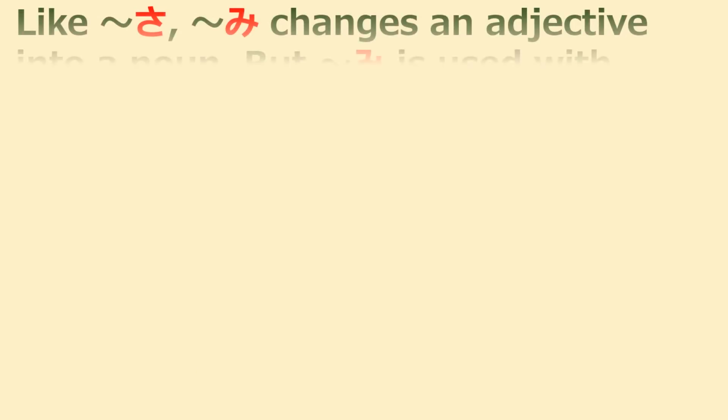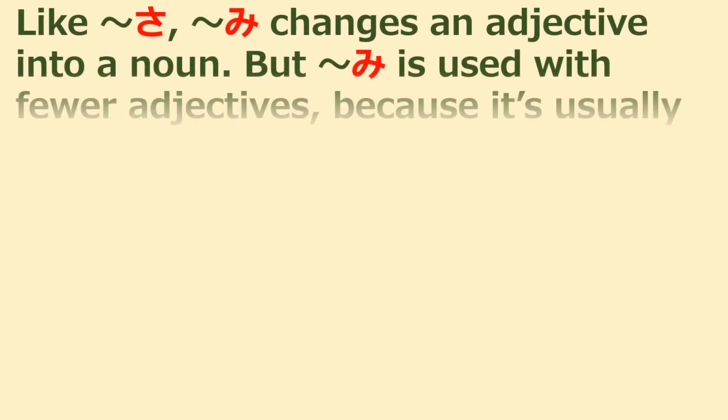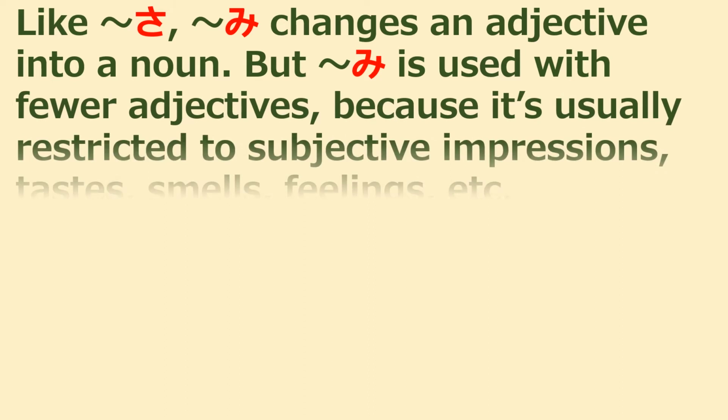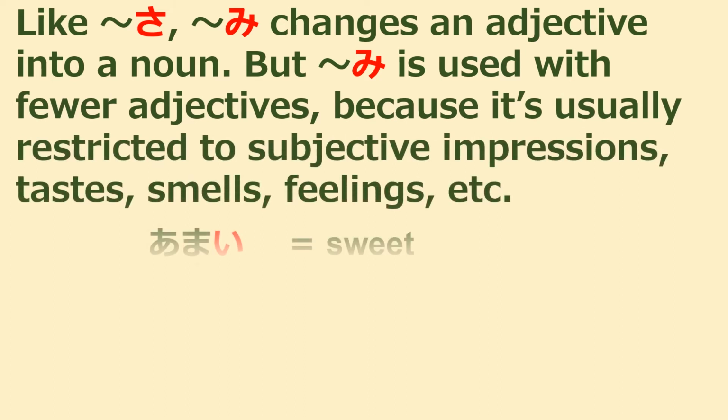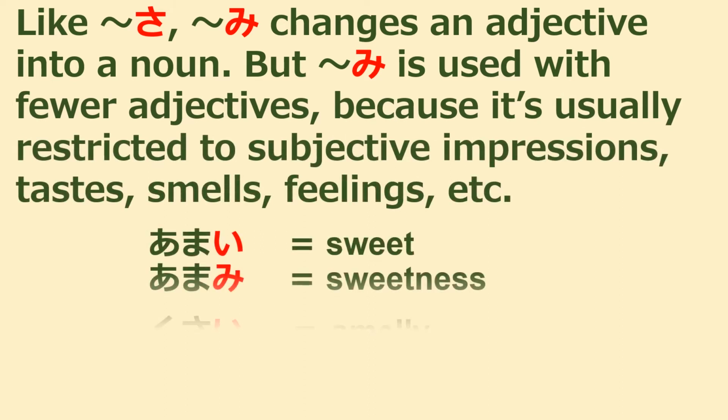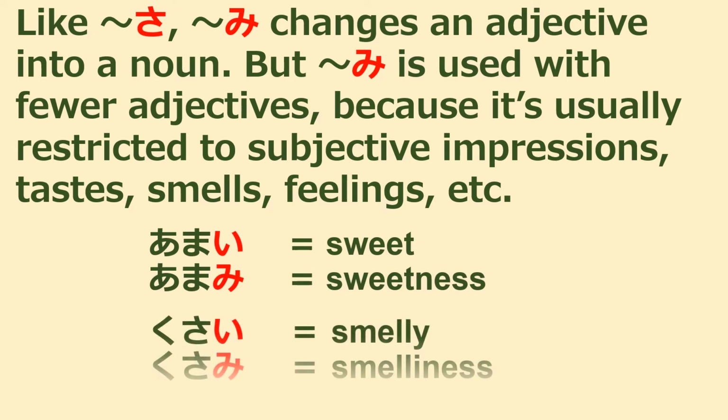Like sa, mi changes an adjective into a noun. So what's the difference? Well, mi is usually used with fewer adjectives because it's usually restricted to subjective impressions, tastes, smells, feelings, etc. For example, 甘い、甘み、臭い、臭み。